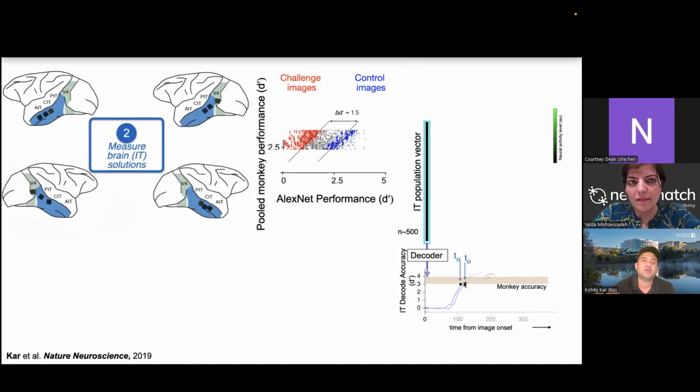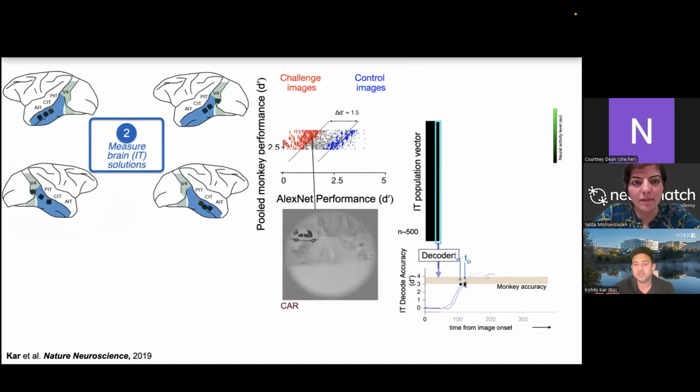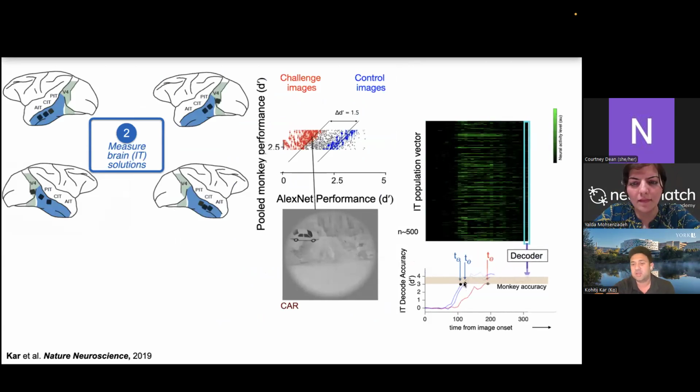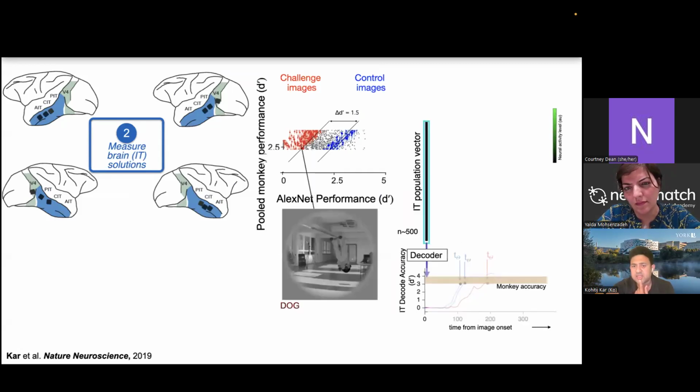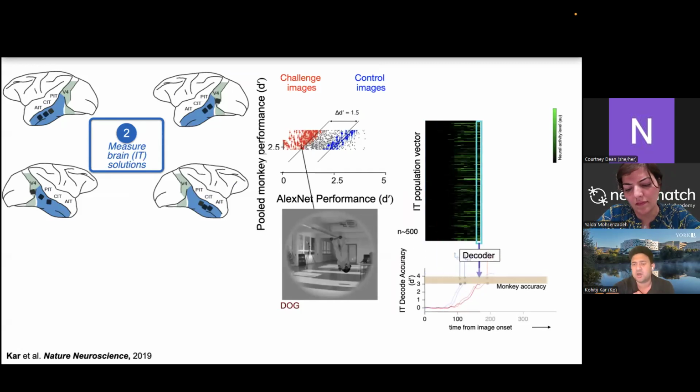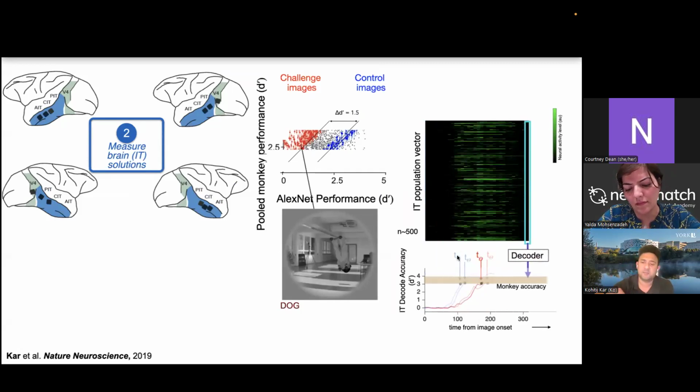What was interesting to us was that if you pick the challenge image, the timing was slightly delayed. So there are two things here to observe. One is that the decode actually got delayed and started to rise much later. However, the neural responses were still quite active around the same time, which I will show you a little bit more later. Here's another example of a dog that also starts developing slightly later, but again, the neuron starts to fire at the same time.